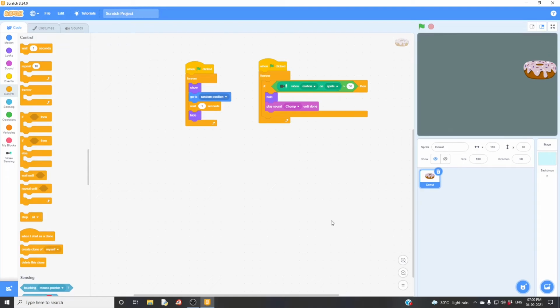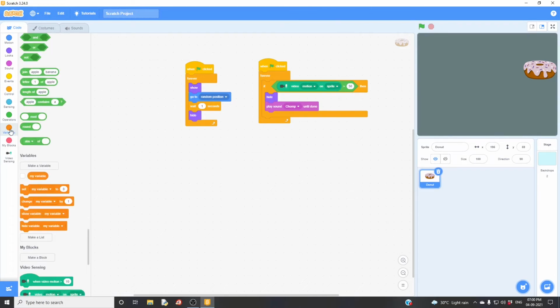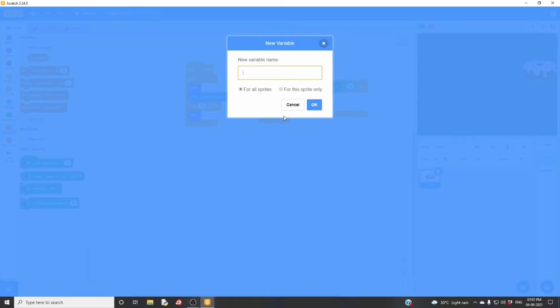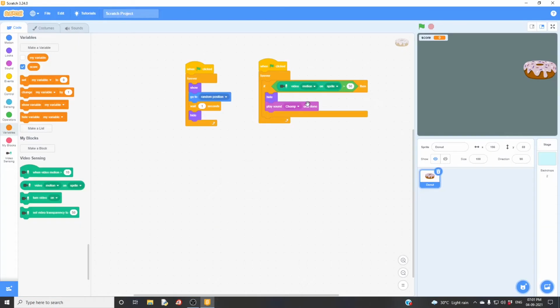Let us make this more interesting by adding scores. The same procedure. Go for variables. Here, make a variable. Score. And we got a scoreboard here.